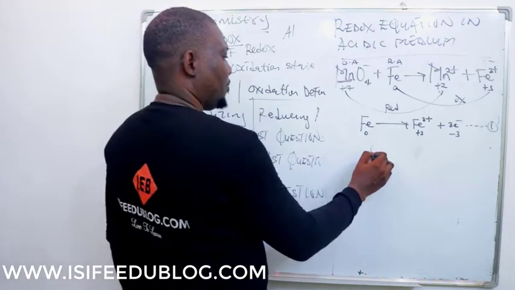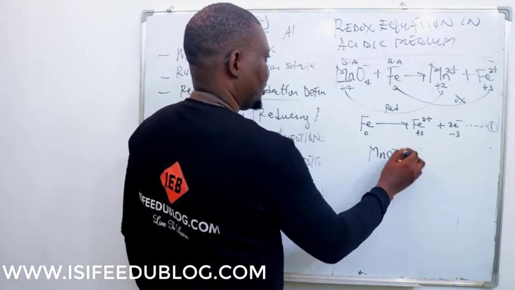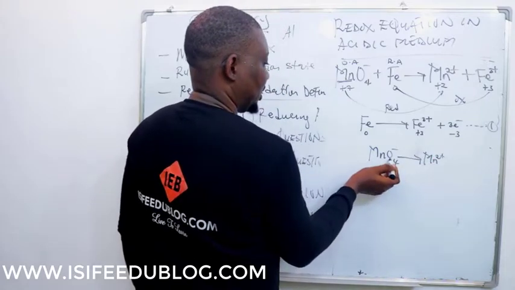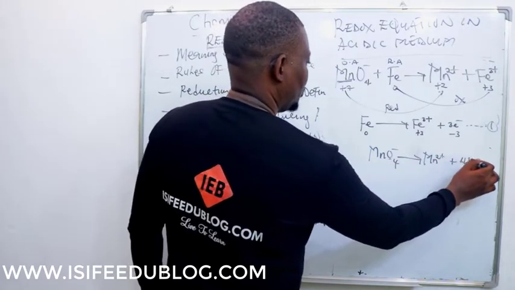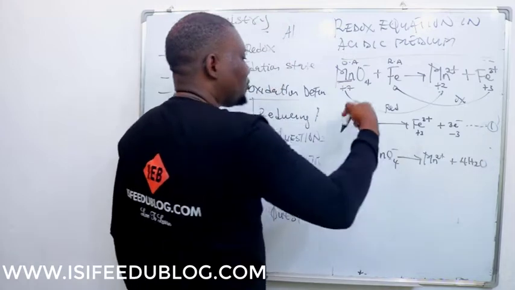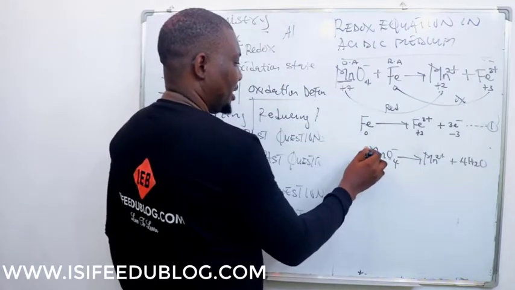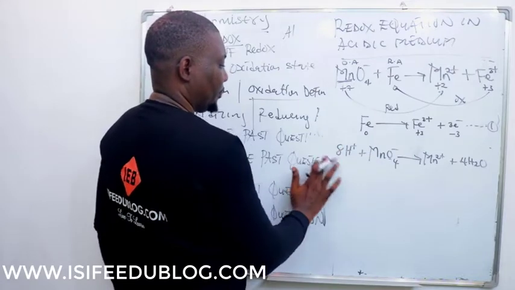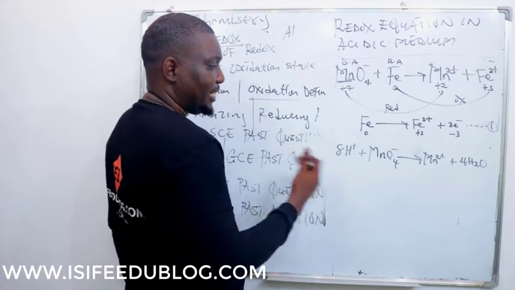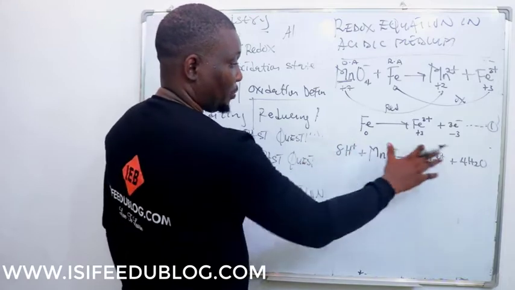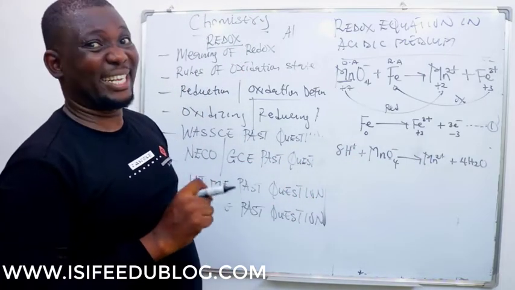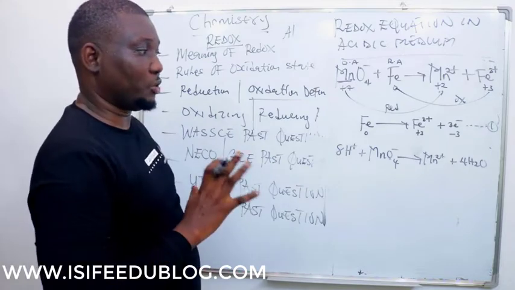In the other one, you have MnO4 minus, which has reduced to manganese 2+. What you do as far as oxygen is concerned is to add molecules of H2O. At the same time, come to this side to protonize it. How many hydrogen go there? 4 times 2, 8 hydrogen ions. Okay, now check the difference. Atomically, once you do this thing about water and hydrogen, the equation is balanced. Basically, if you're asked to balance this reaction in acidic medium, once you have done this, the equation is balanced, and